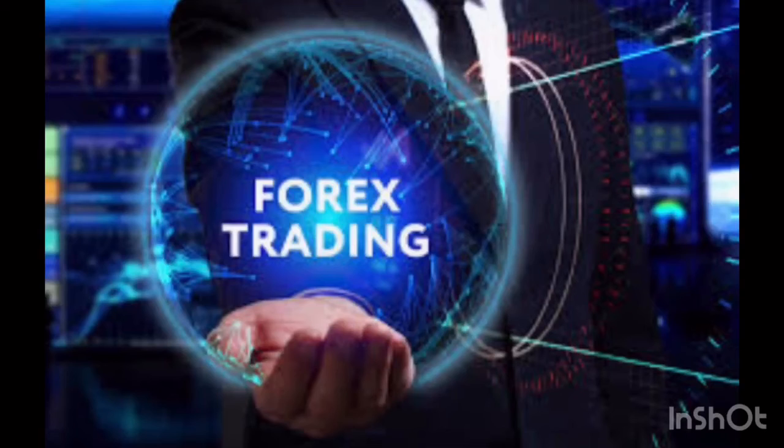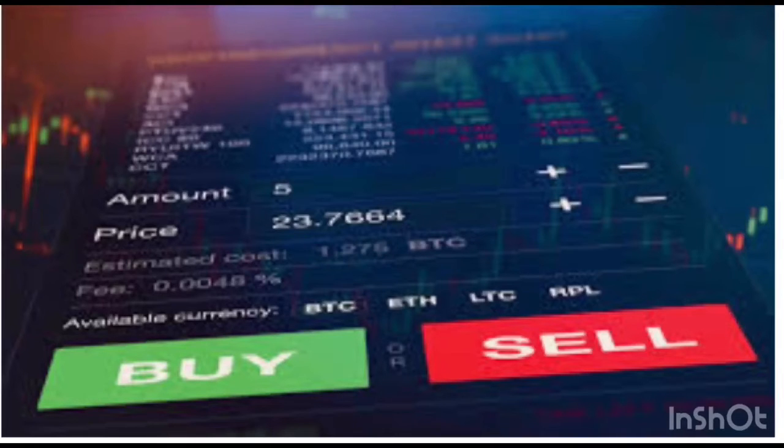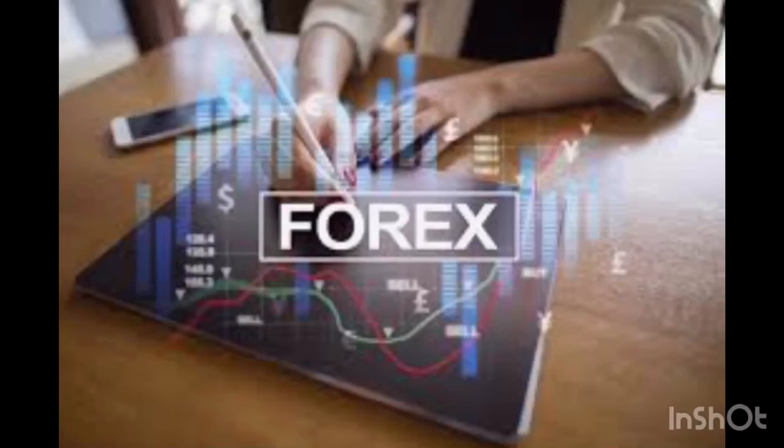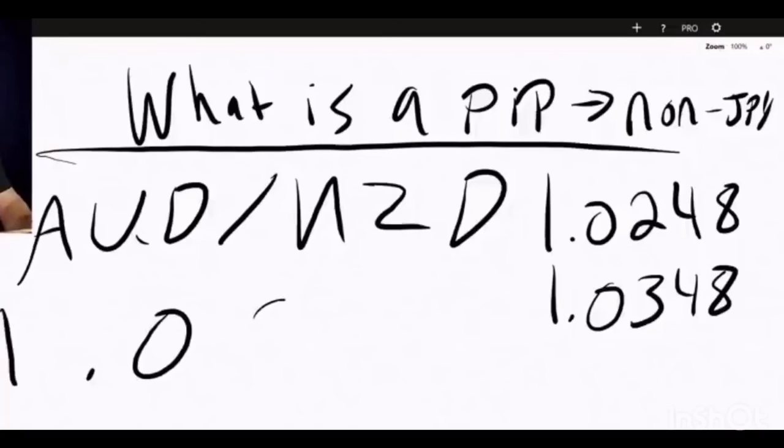Right now, we are talking about a pip on every currency pair except currency pairs that end in JPY. Any currency pair with JPY in it is going to be slightly different than this, and we're going to go over that next. So this is going to be what is a pip, and I'm going to put non-JPY here so that no one's confused. This is a pip on every currency pair. For every currency pair that doesn't have JPY in it, the 4th decimal place is what is known as 1 pip. So we have the euro dollar at a value of